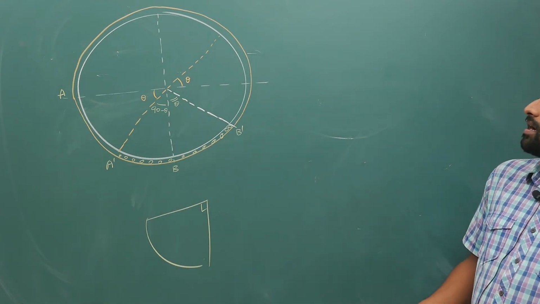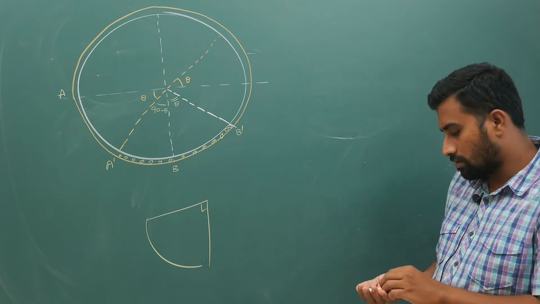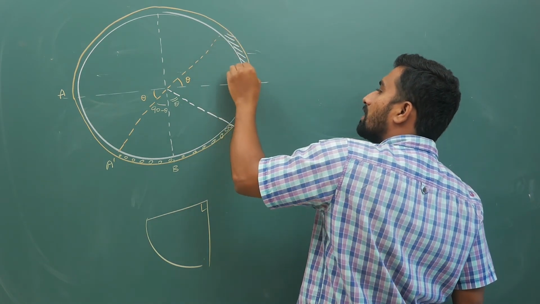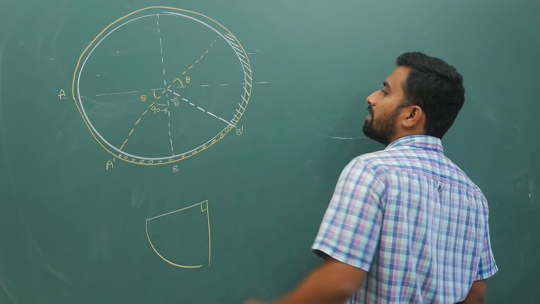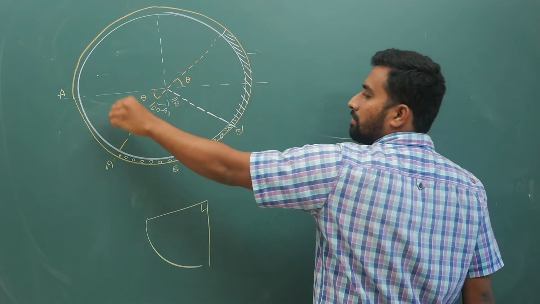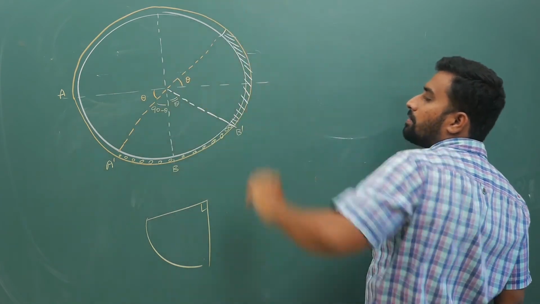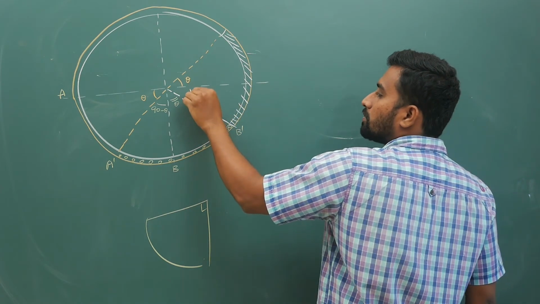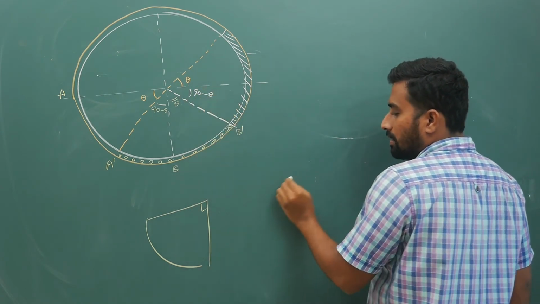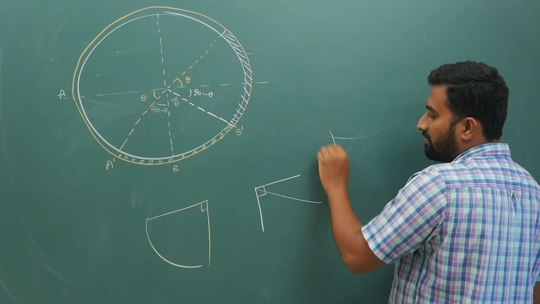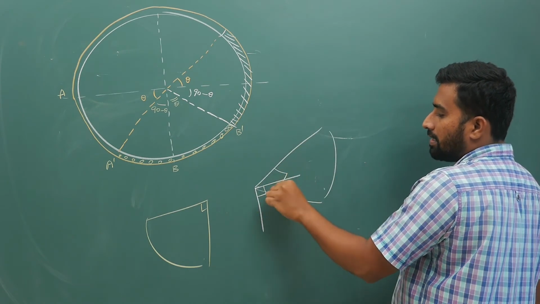Because this is immiscible liquid, everything rotates by theta. This portion of liquid also will rotate by theta. This side, if it is coming down by theta, this side it will rise upwards by theta. Once again, this total angle is also supposed to be 90 degrees. Initially, right side liquid is 90 degrees. Finally, also with the final position, it should form 90 degrees.